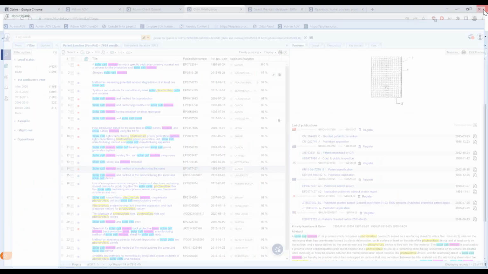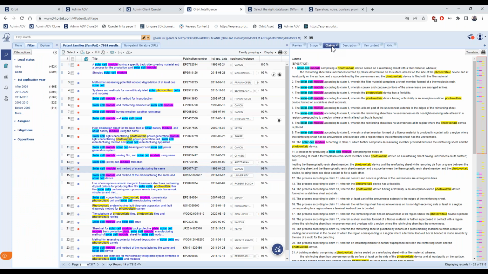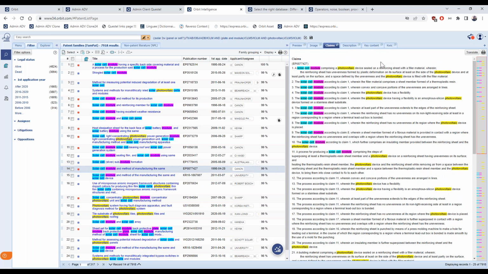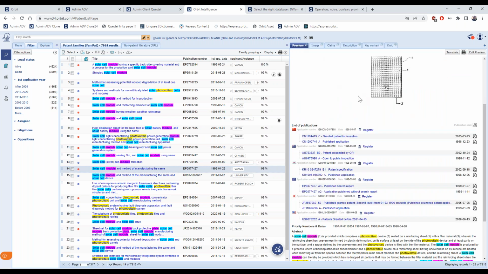Closing this window automatically re-adds the tab to your view. And this tab addition is one of the customizations available in the system. The second one is the preview tab.